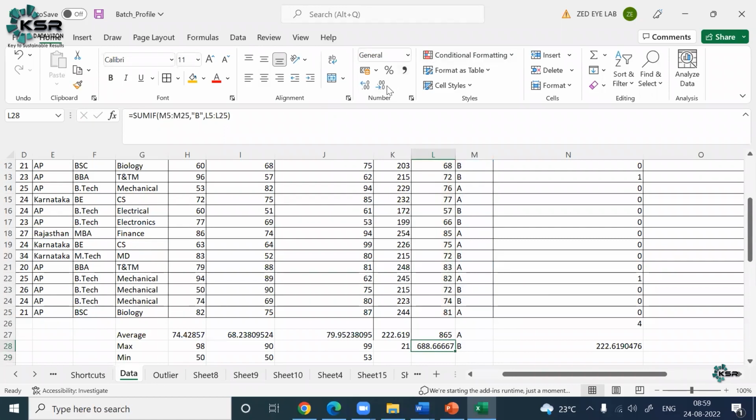So it basically suggests the students who have scored B grades are at 69 scores. Okay, now